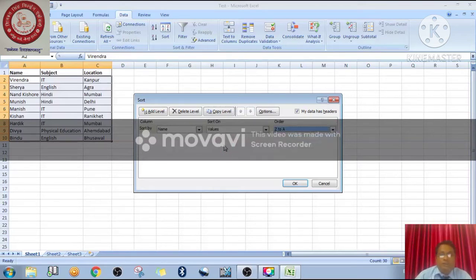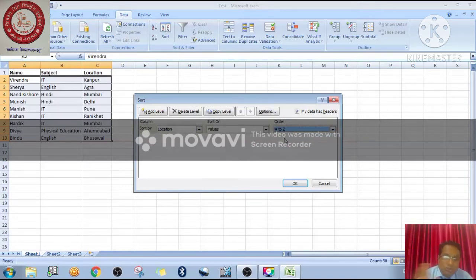Okay, so students, what we'll do here, I want to do the task on the Location column, so you have to select Location, right? Whatever things are written here are all values, so leave it as it is. And if you want to do the order in ascending or descending, you have to choose here. I want A to Z, right?